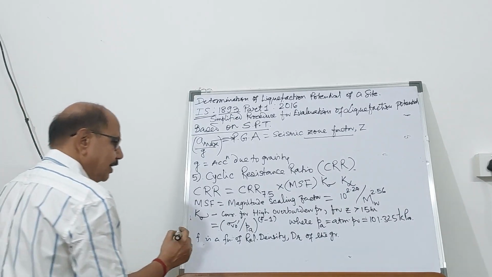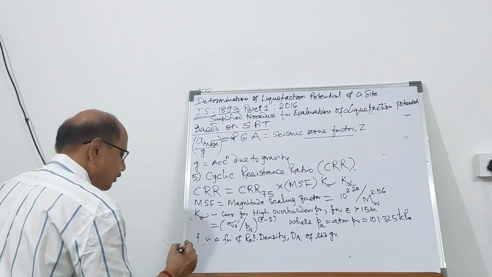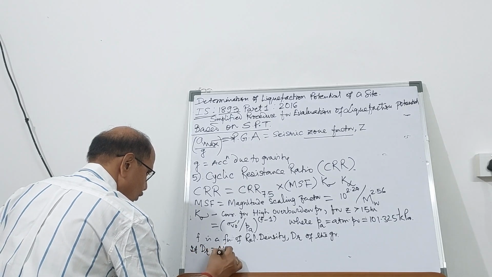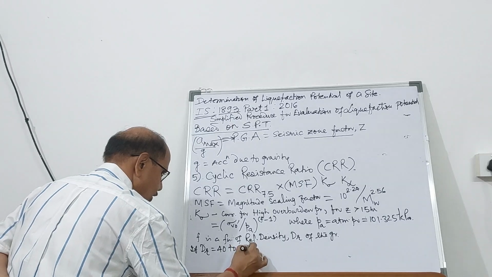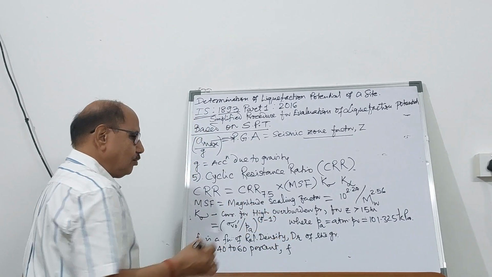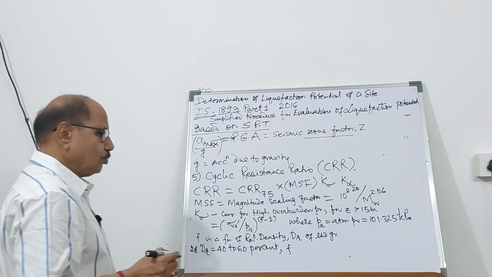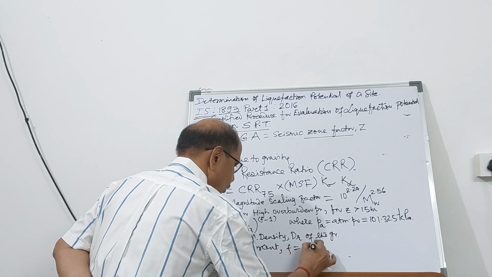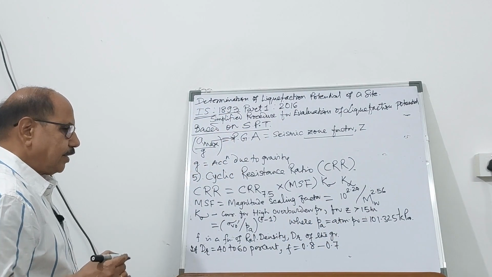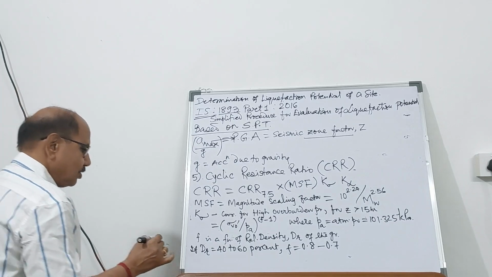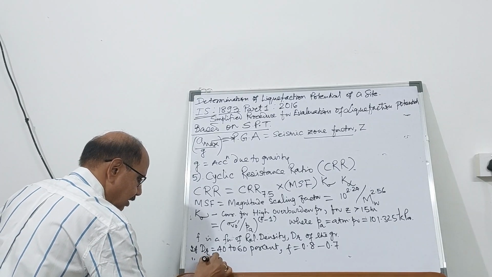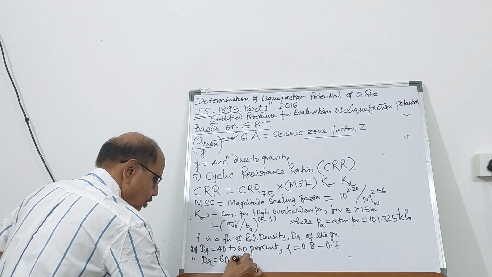If the relative density is between 40 to 60%, then this value of f is going to be in this range, 0.8 to 0.7. But if Dr is 60 to 80%,